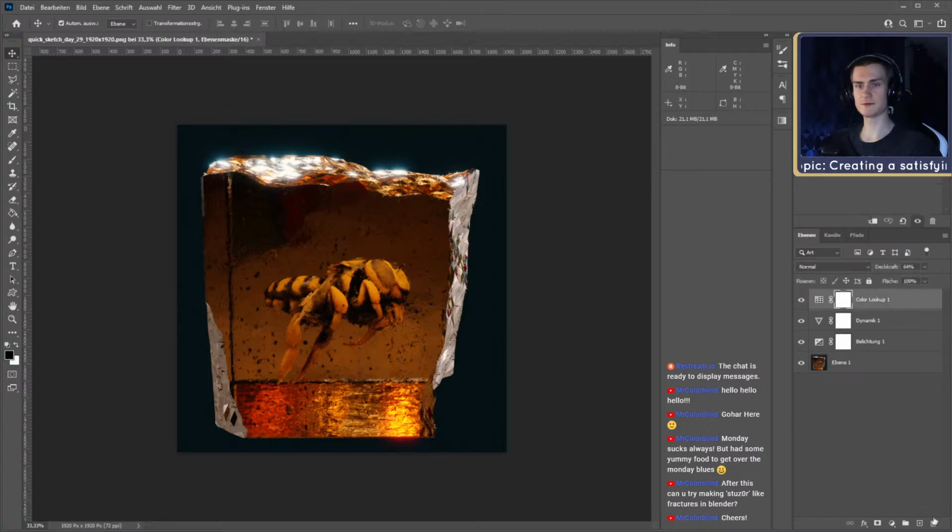What we could do also is make this a smart object and then apply a render filter on there. The render filter I'm looking at is this one. That's maybe over here. This might look too cinematic. I think this is more like a calm, or not as, like, I think you should focus more on the subject rather than the overall look of the image. So I'm going to keep it like that.